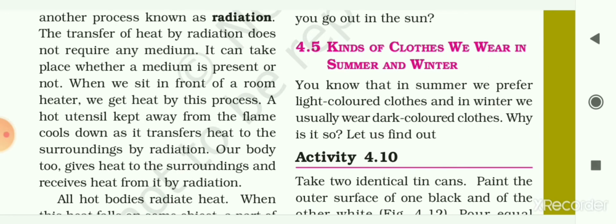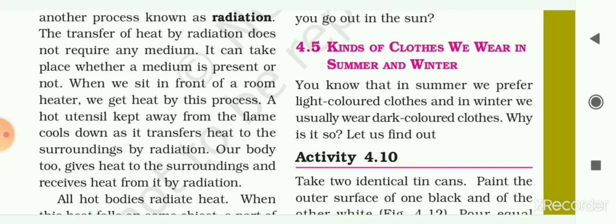Then we had seen the transfer of heat, how heat is transferring from one object to another object. The heat flows from a body at a higher temperature to a body at a lower temperature, and that is why hot tea becomes cold due to the flowing of heat into the atmosphere. On heating one end of an aluminium rod with the flame of a candle, heat flows from its nearer end to the far off end. That we had seen by one activity.